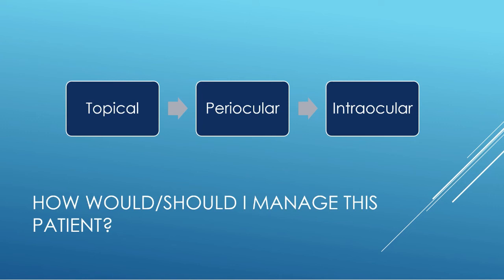If they're not responding the way that I think they should, or something else just doesn't feel right, I would always consider a fluorescein angiogram to make sure that there's no underlying vasculitis or inflammation that I just may not be appreciating on my exam. But this route of going topical, periocular, and then intraocular, particularly if someone has monocular inflammation, is